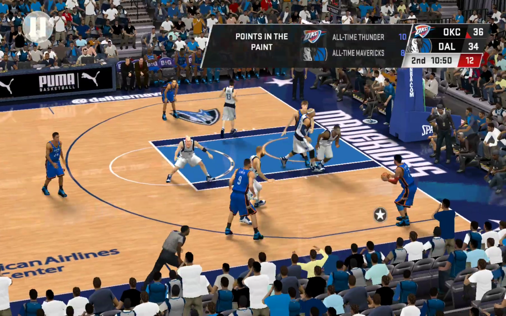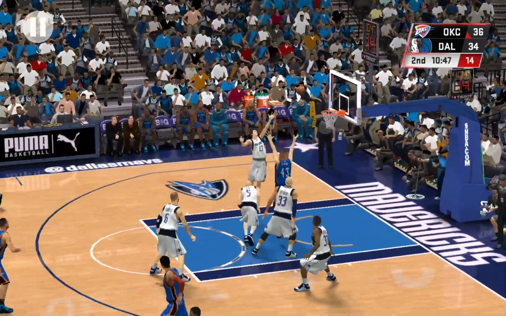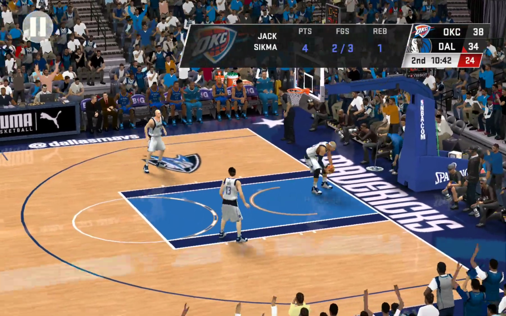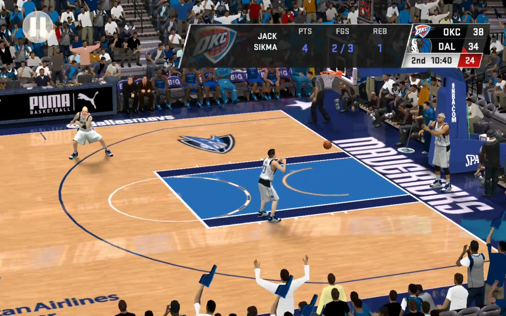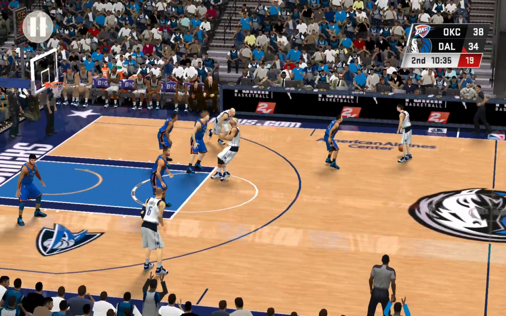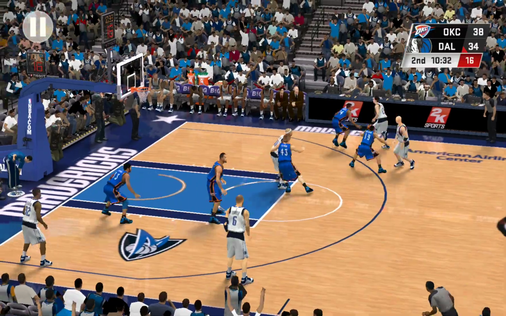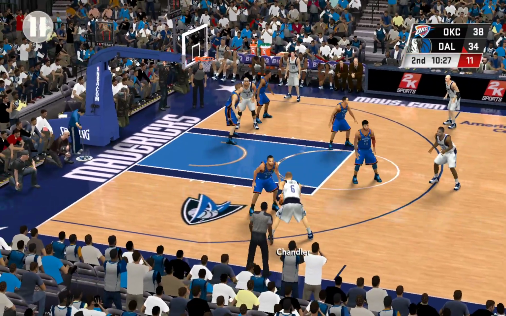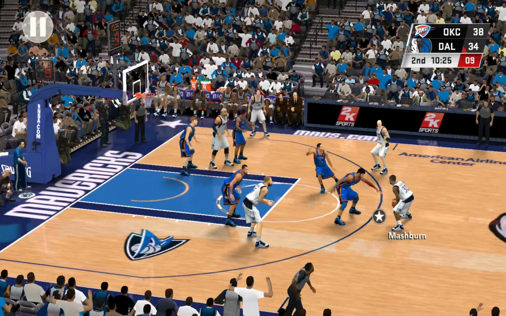Lewis with it. Here's George. Can't get it to go. And that one's good. They have got to put a body on him, because otherwise, with his agility and athleticism, they're not going to be able to contain him on the offensive glass. Nash right side. Chandler. Mashburn.